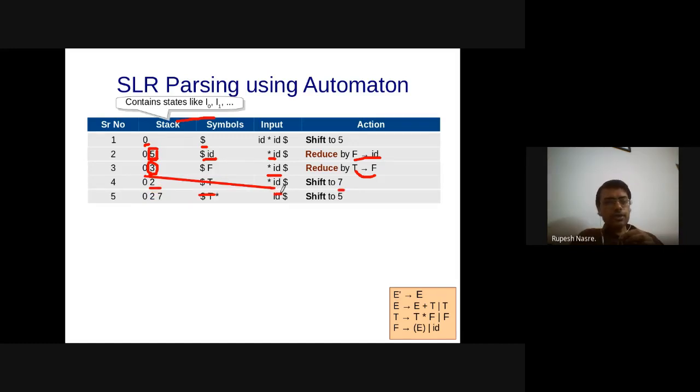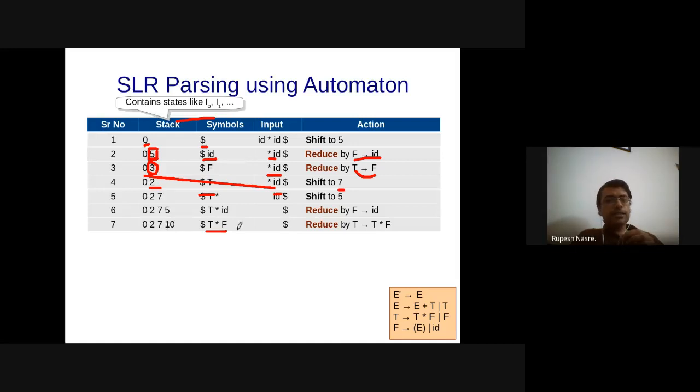Right? So that's what is shown here. On this, again, similar things are going to happen, where I'm going to shift to 5, and that is going to create ID, F deriving ID, and that is going to convert it to T star F and so on. Right? So that is F deriving ID, and that is going to create T star F, and I am at state number 10.